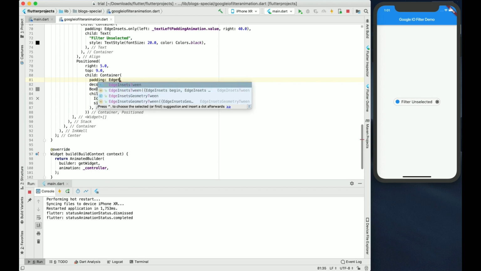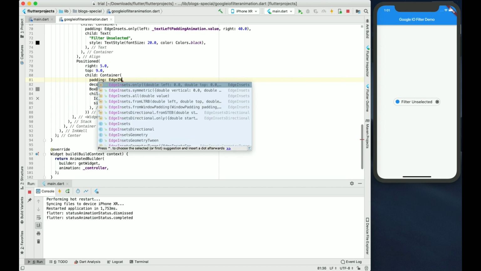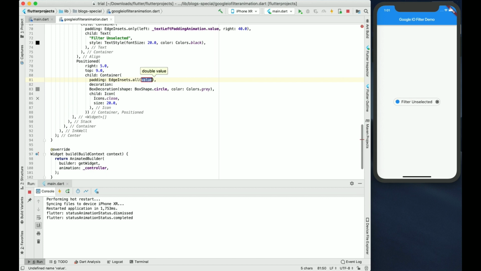This cross button is really touching the circle, so EdgeInsets.only. So let's take only 2.0, otherwise it will be very small. Okay, it's very big now, so let's reduce the top value. Okay, now it's fine,